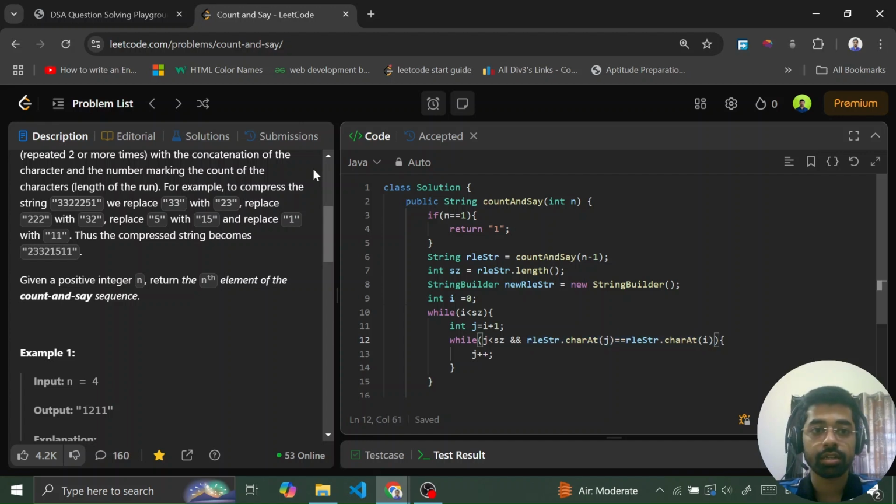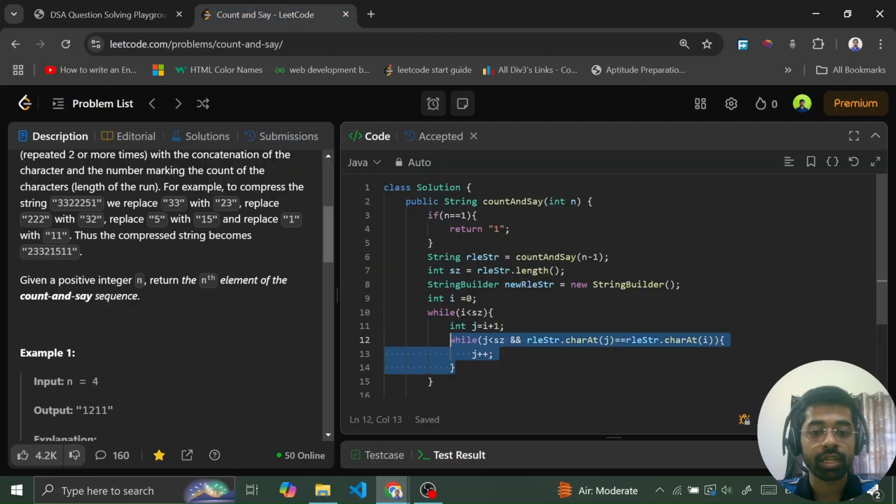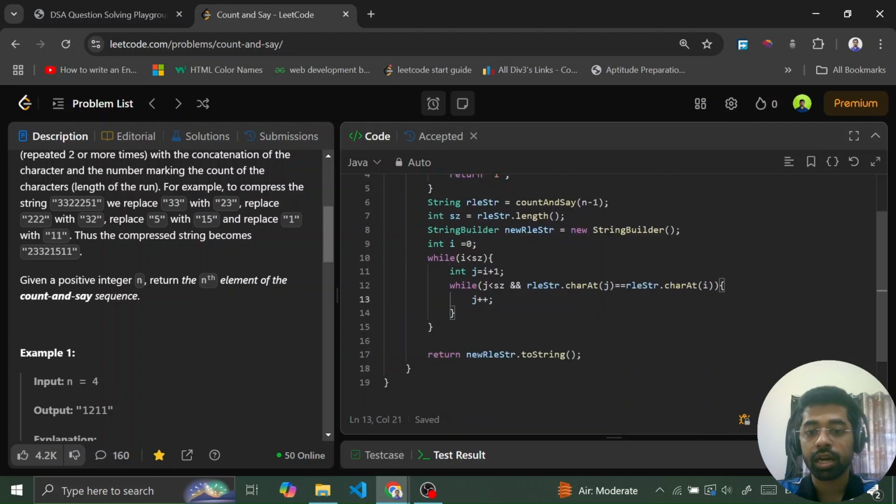It means that if I show you here, did you remember that j was initially here at index 1, and till the point j is actually equal to the element at index I, I will make j plus plus. So this is the block which will be handling that. I hope you are able to understand that j is less than sz and RLE str this line. Till that point it will just move j to j plus plus, and the point when j is not equal to the element which is at index I, or either j goes out of bound,